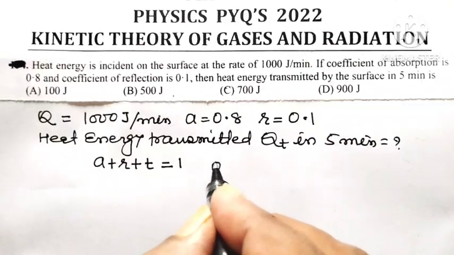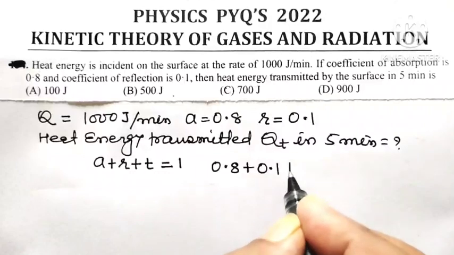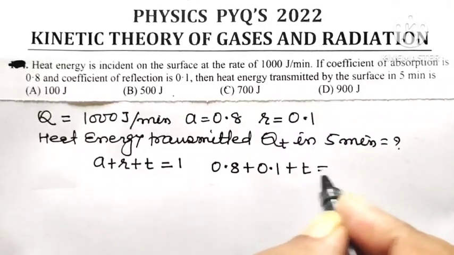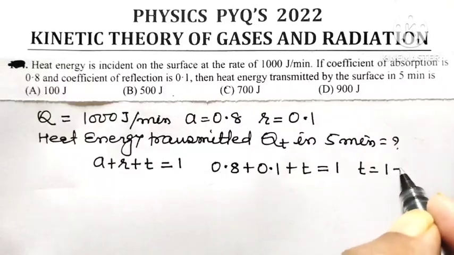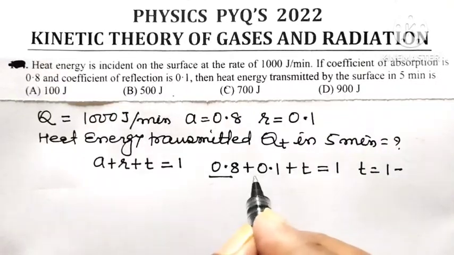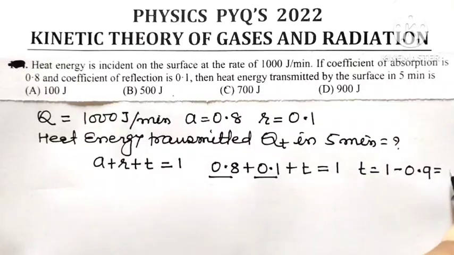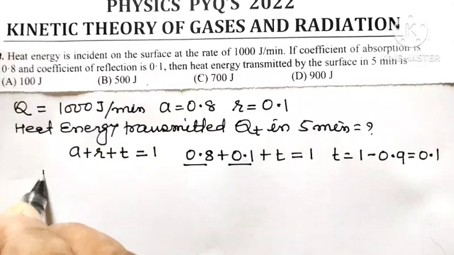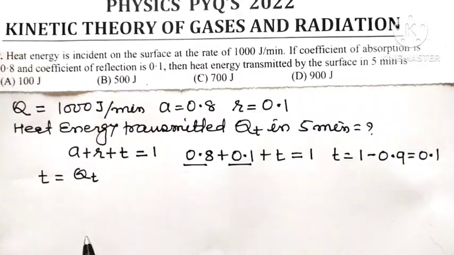Coefficient of absorption is 0.8, coefficient of reflection is 0.1, plus coefficient of transmission t is equal to 1, or t is equal to 1 minus (0.8 plus 0.1), that is 0.9. So 1 minus 0.9 is 0.1. So coefficient of transmission is equal to the amount of heat energy transmitted to that of the amount of radiant energy